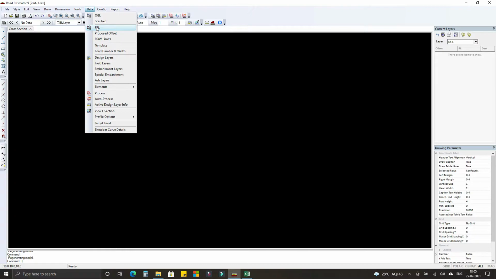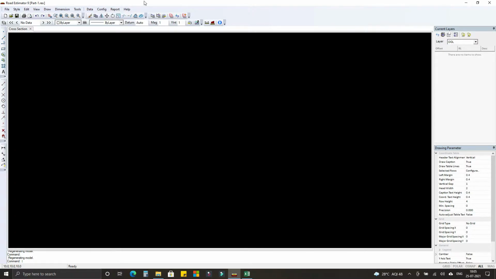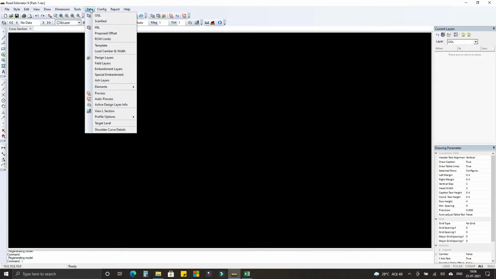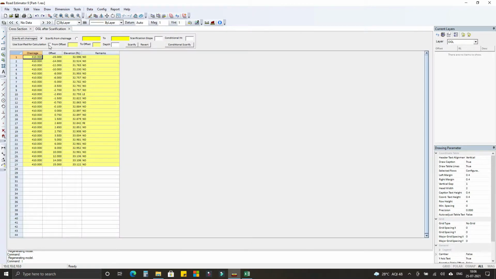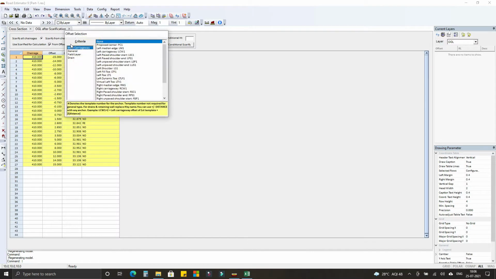Then next, data tab, FRL. If you are doing a project on an existing road for reconstruction or widening, in some cases we have to do scarifying. So let's do scarifying also. Go to data tab, select scarified, use scarified for calculation. Select this from offset. From offset, press F10 for options.